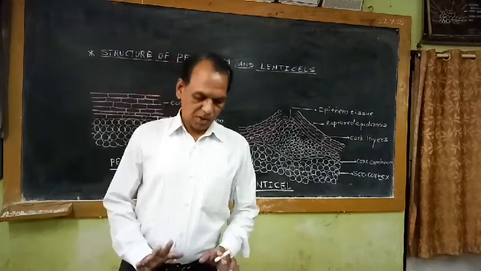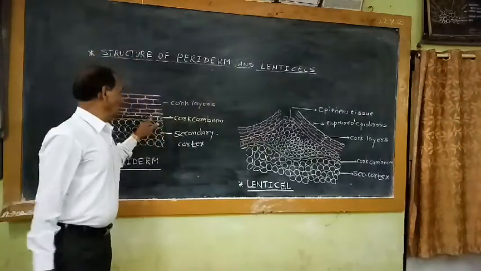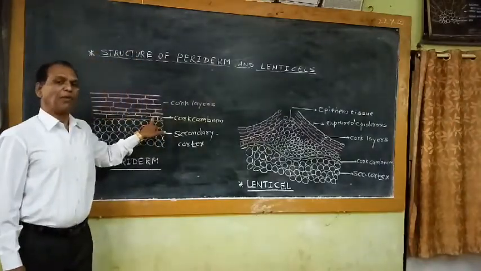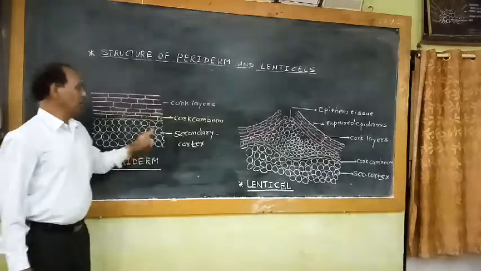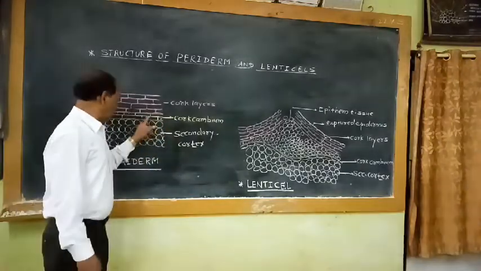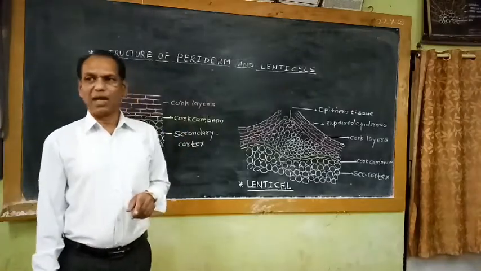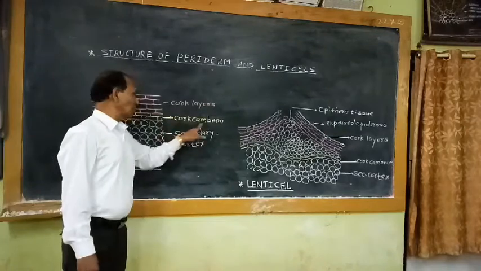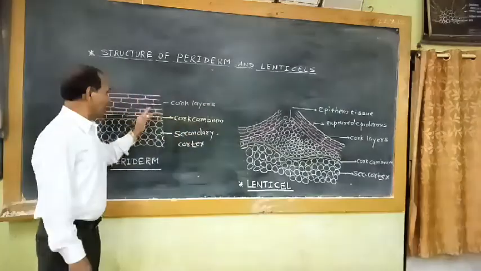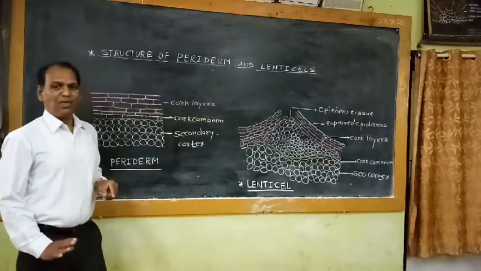At that time, some cells in the cortex become secondarily meristematic and form a new strip of cambium in the peripheral region, in the cortex region, in dicot and gymnospermic plants. After vascular tissue formation, this cambium, which is developed secondarily from peripheral cortex parenchyma cells, is known as cork cambium. So, like the vascular cambium, these cork cambium cells are active in cell division.